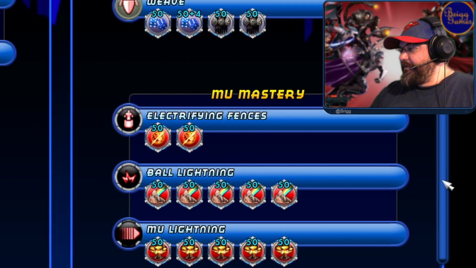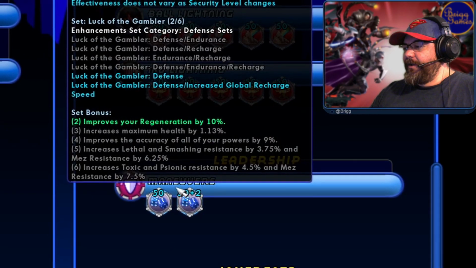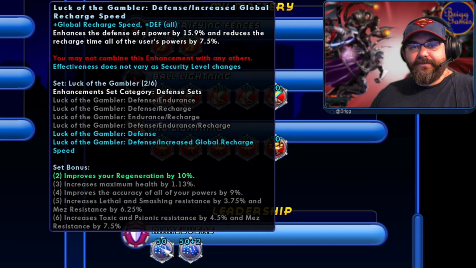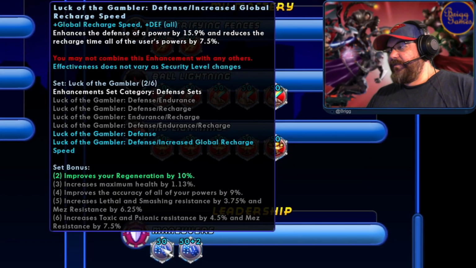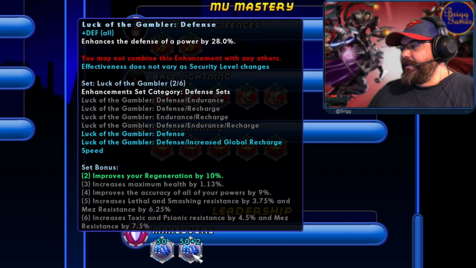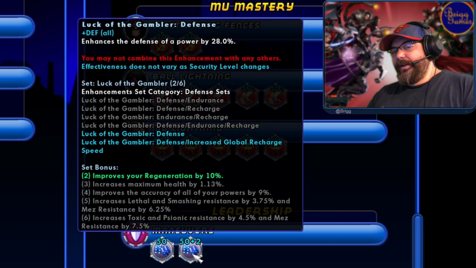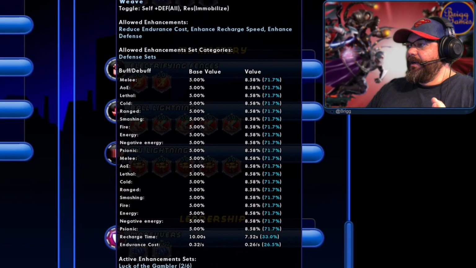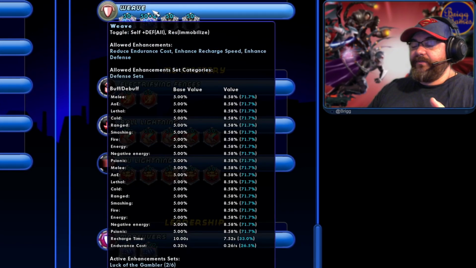And then we'll come down here to maneuvers, my final one. This one is, I have my fifth and final rule of 5 global recharge. And then I have a defense one. Now my defense was at like 44.8%, so you'll notice that I do have some of these boosted. This one gives me defense. I have this one stacked to +2, and this one stacked at +4, because weave gives you